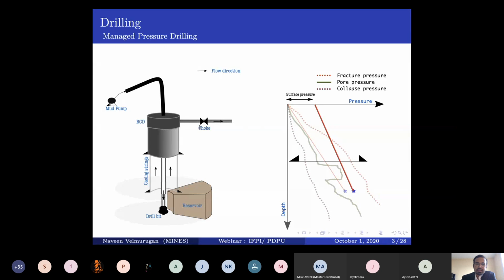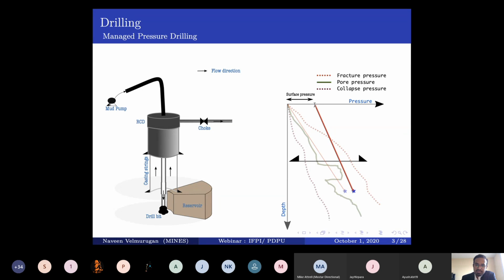So as a combination from the choke pressure and the back pressure pump, if present, usually it is present, but we don't want to use it most often. So that's the surface pressure. So when that happens, instead of zero pressure here when it is open to atmosphere, we create a particular back pressure at the surface.